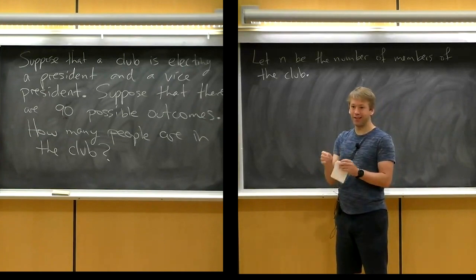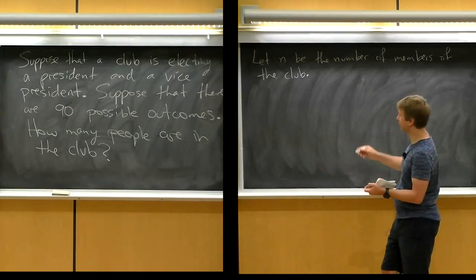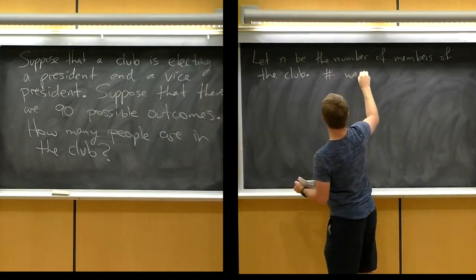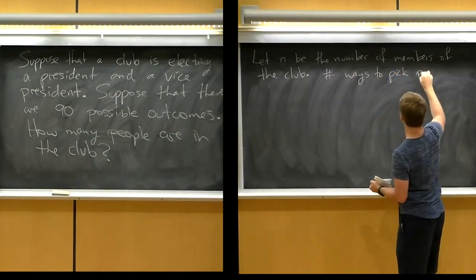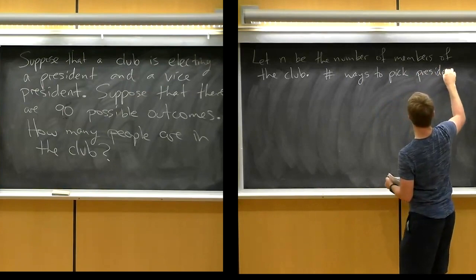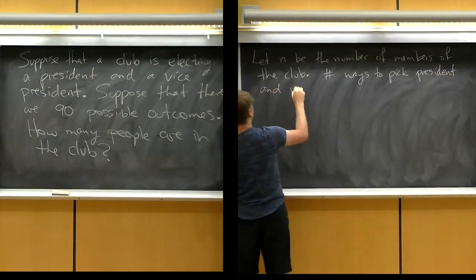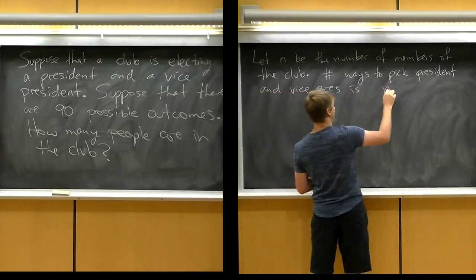It's the product of 2 numbers that are off by 1, right? So the number of ways to pick a president and vice president is n times n minus 1,